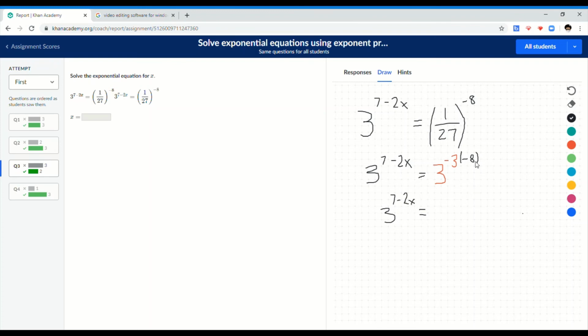And I'm going to do the multiplication. So I have 3. And the only thing I've changed here was the positive 24. Using the log trick, these guys are going to cancel out. And now I'm left with 7 minus 2x is equal to,